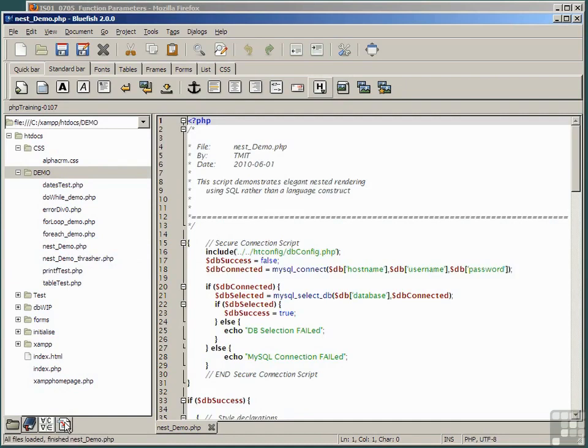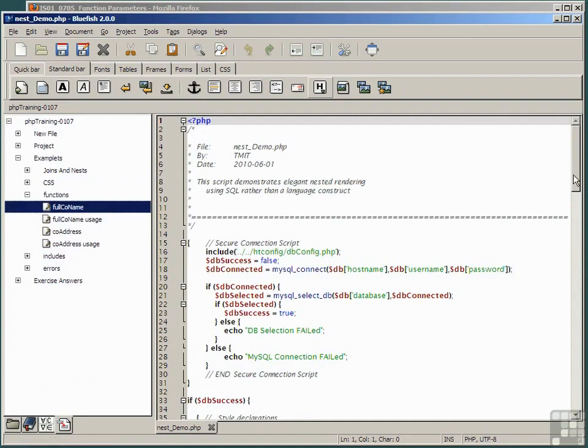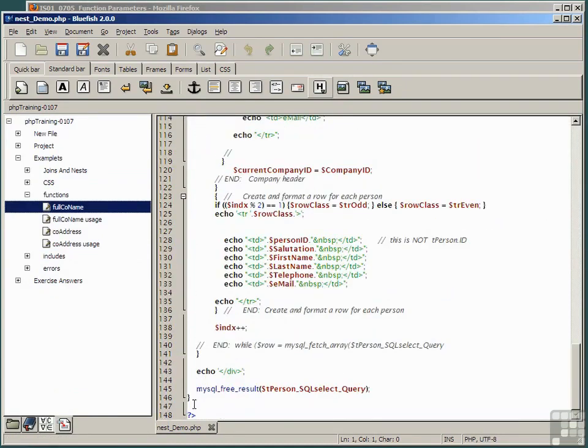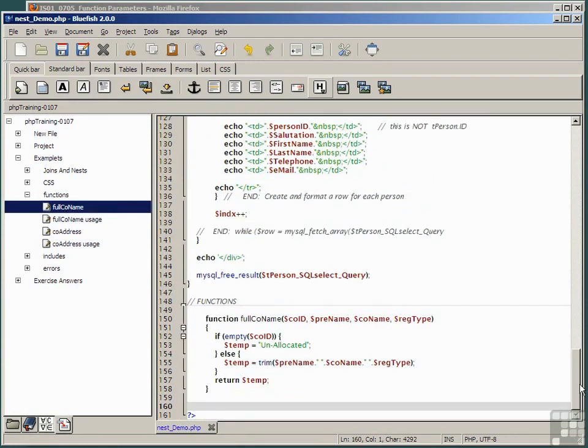and put it into the script that we did before, our nest demo script from the demo folder. Open the file and go back to snippets, and just before the final PHP tag, insert the full company name function. Now, functions can go pretty much anywhere inside your PHP code. Some programmers like to put them right up the top of their scripts, and others like to put them down